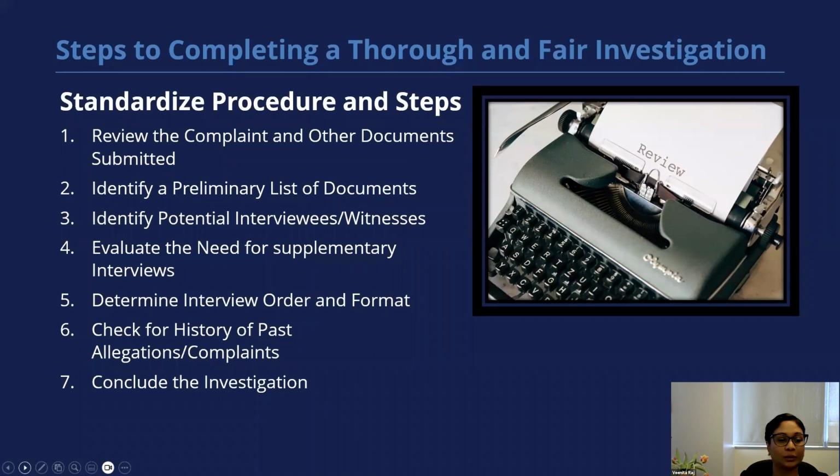Now, beginning a workplace investigation with an idea of the scope of the investigation, such as which questions to explore and answer, as well as a roadmap of how the investigation will proceed, is critical. Keep in mind that the plan may change. You might decide not to interview a witness, or you might decide to add a witness to your list. And you may realize that you need to review or analyze documents that you didn't know existed, or you need to expand the scope of the issues that are involved in the investigation.